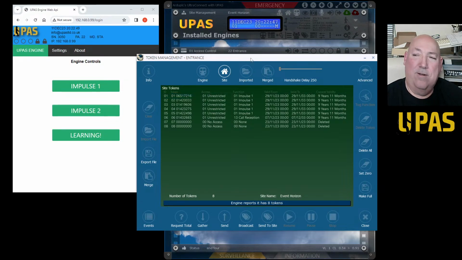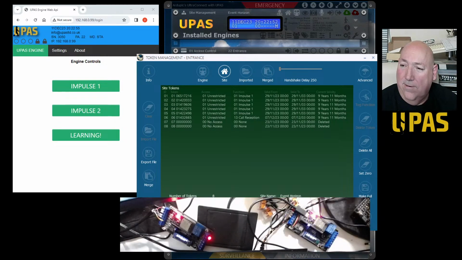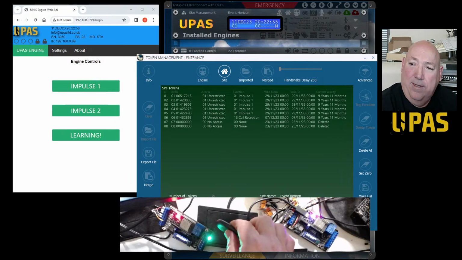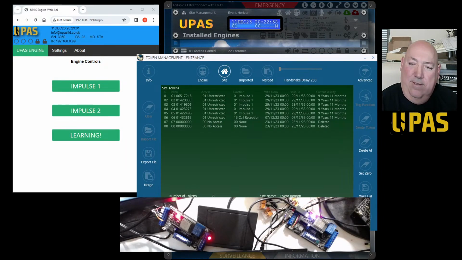All right, because as soon as you put this token up to a reader, hang on, let's just bring down the reader. Right, as soon as you put the token to a reader, that's energizing this passive token with power, RF energy, and what's happening is this will kick into life and send its block of digits. It's quite a large block of data, and then the reader will take out the data it needs, site code and whatever the technology is, Wiegand 26, 34, whatever it needs to be.